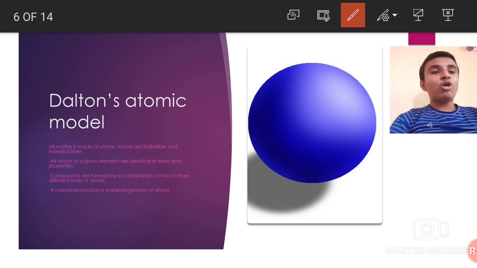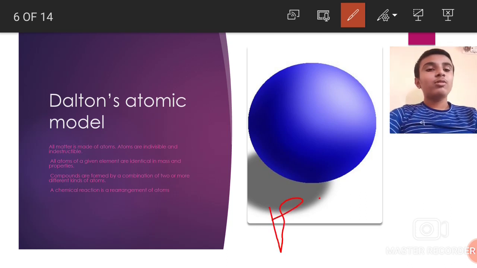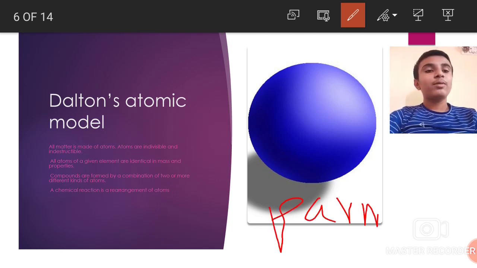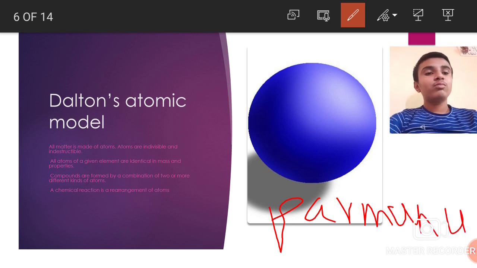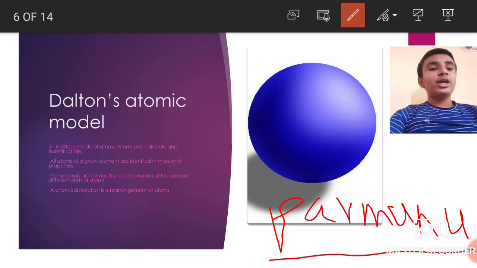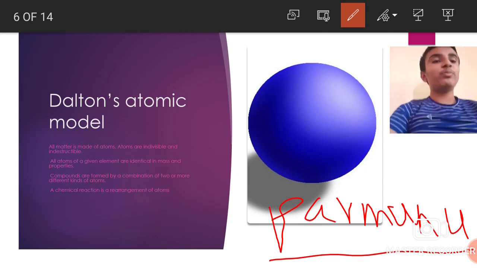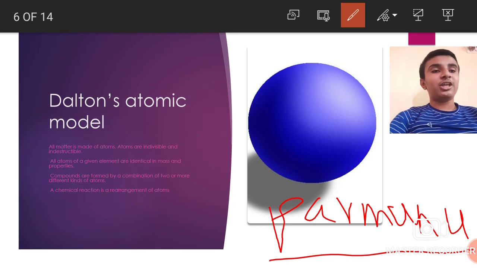Yes, he called the smallest unit of matter Parmanu. And he also stated that this Parmanu is indestructible, meaning no one can destroy it. In the 6th century BC, he stated this theory.